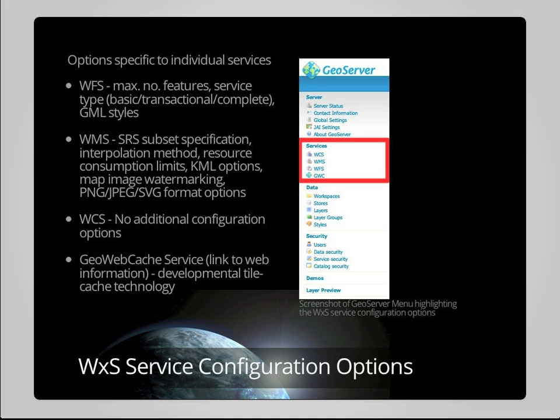You can also define the interpolation method used in generating map images from the source data, set some limits on the computational resources that should be consumed in satisfying incoming requests, and options related to the generation of KML as one of the requested file formats from the Web Map service,